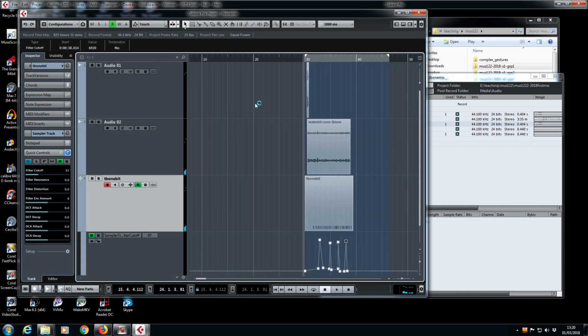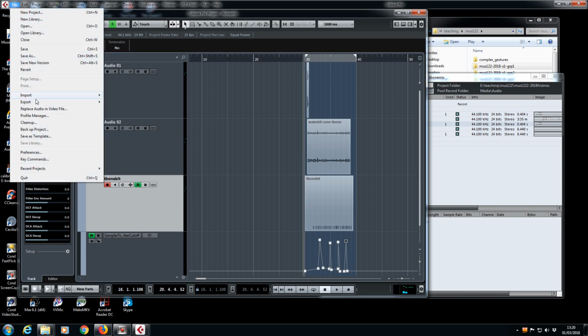So I'm making an exploration around one note, but changing the timbre of that note through convolution and through filtering, a repetition of a very small package, a very small edit from the original source recordings. And these again I could bounce down like you did with the complex gesture, set my left and right locators, file, export, audio mix down,